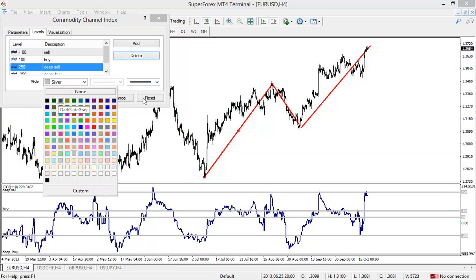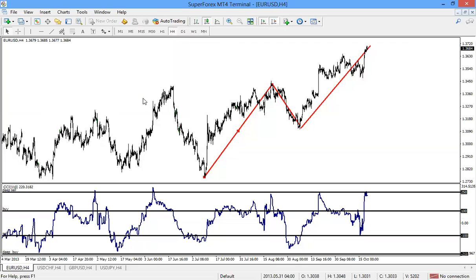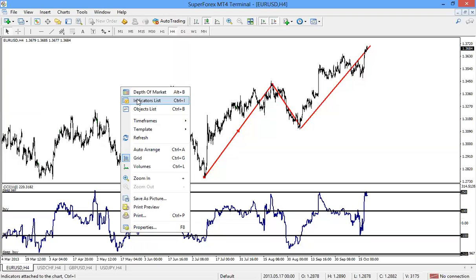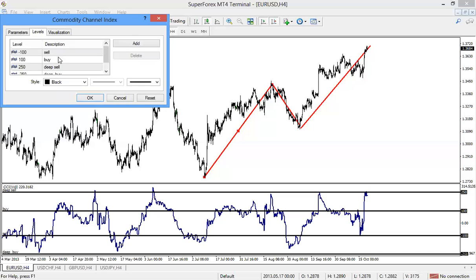So tell me, do you see anything you like there? Can you increase the volume? Do you see anything you like there on this CCI, after the modifications we have made? Do you see anything good about it? Yeah, but I made a mistake somewhere. Let me fix it. This 100 was sell. This one is buy.